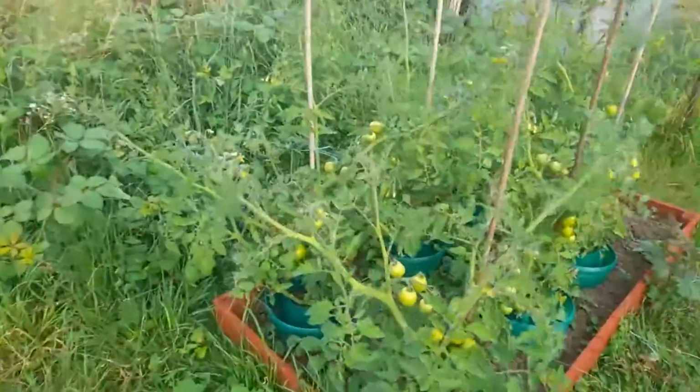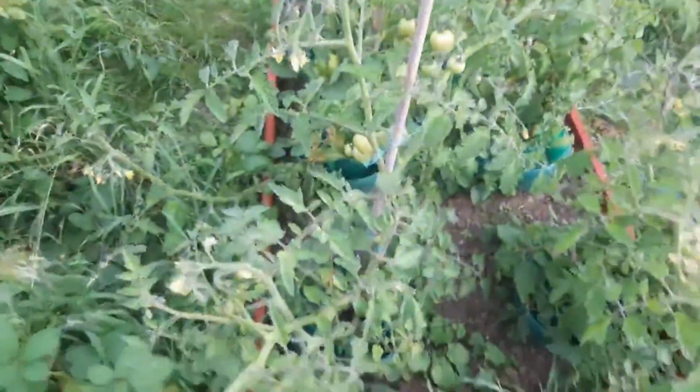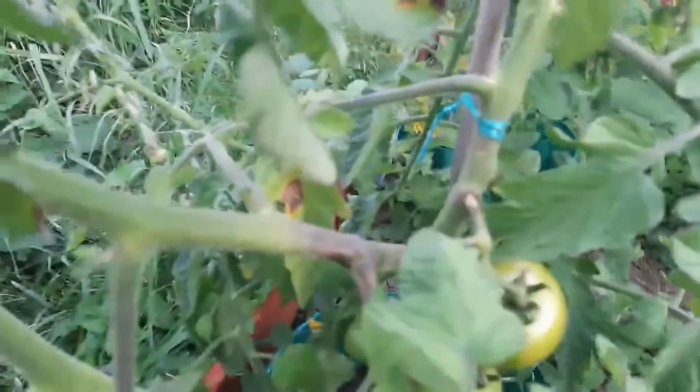I've just come up to the allotment to water my tomatoes, and yeah, something's not quite right. I don't know whether it's blight or blossom end rot, but I'll swing the camera around and show you what's going on. So let's have a look. Right away I can see